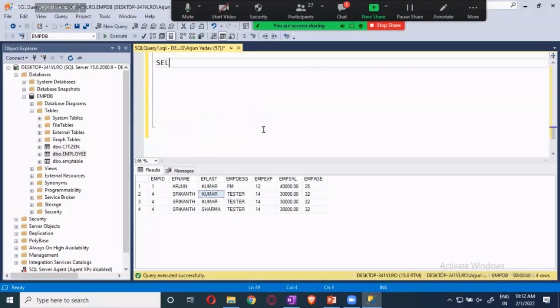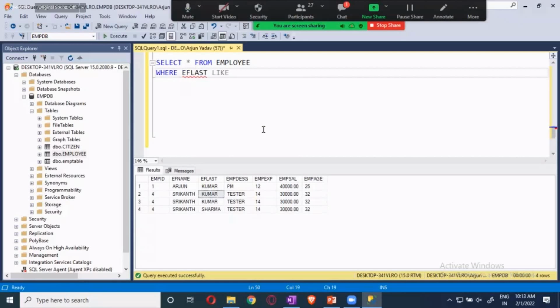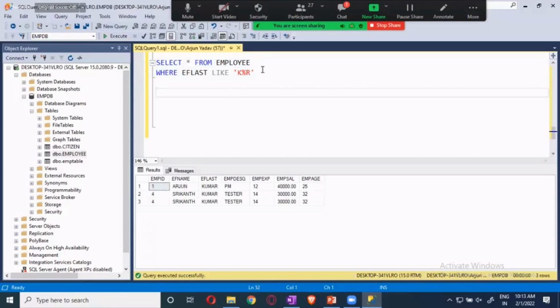Select star from employee where EF last like K percent R, K percent R. Kumars, all the Kumars you got. Okay, so like this, guys.